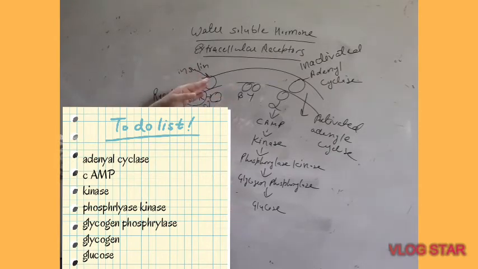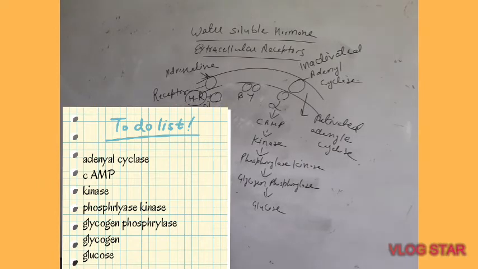When insulin is formed, it will act and combine with the receptor and form the hormone receptor complex. This hormone receptor complex will combine with the alpha unit of the G protein and separate the remaining units, and this activated alpha unit of the G protein moves forward and activates adenyl cyclase. Activated adenyl cyclase forms cyclic adenosine monophosphate, which further forms activated kinase, which further forms activated phosphorylase kinase, which leads to the formation of activated glycogen phosphorylase, and this glycogen phosphorylase forms glucose and insulin acts upon the glucose or breaks it.